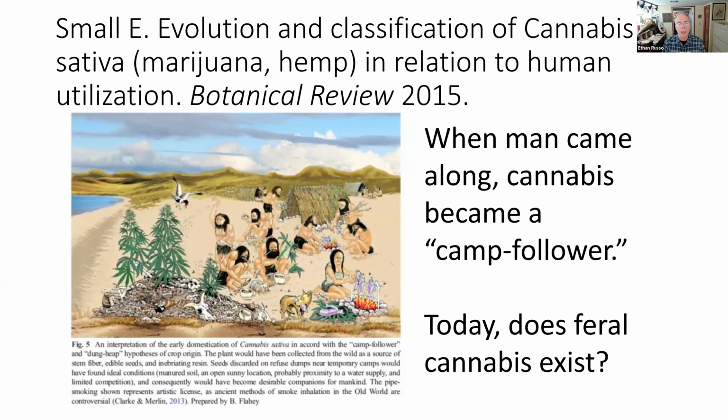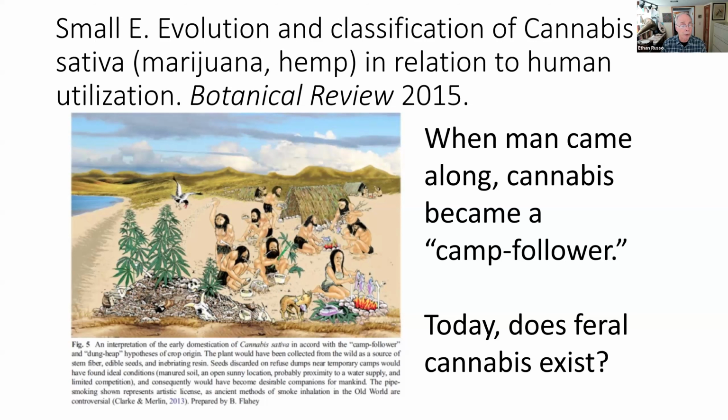Cannabis throughout its history has been known to have a close association with humans. It's what's known as a camp follower, meaning that where ancient humans were nomadic, cannabis tended to follow. One of the issues is whether there is wild or feral cannabis today.